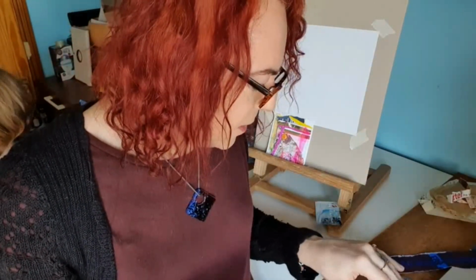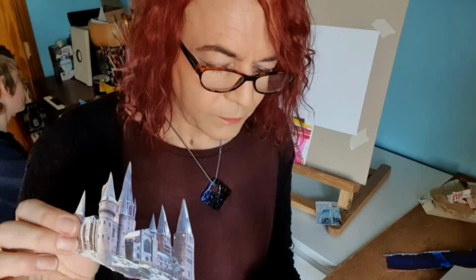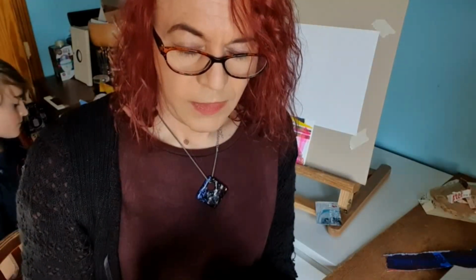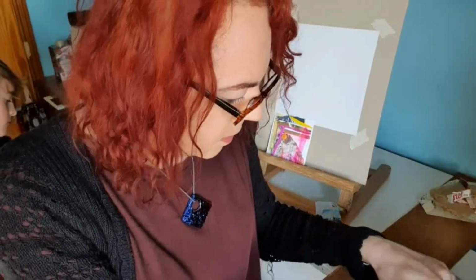I usually stick a few bits of architecture in my collages also, and again, with a lot of those I will cut them out. Much like the figures, it gets them to stand out quite nicely. So I've collected a few of these. They won't all go on because there won't be room. And finally,